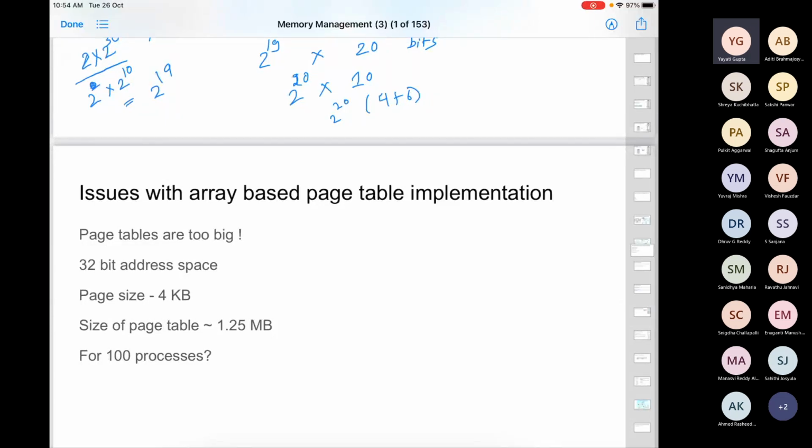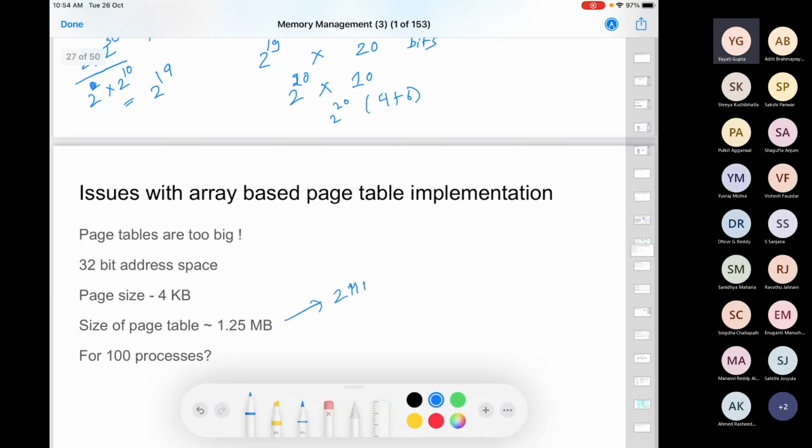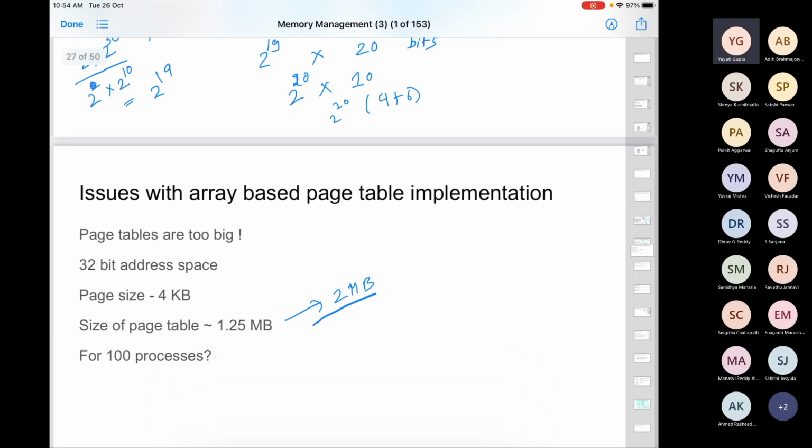So this means that in our system, to just have this bookkeeping of how to convert your virtual address into a physical address, we need this page table. Size of one page table is coming out to be 1.25 megabytes. And if you have, let's say, bigger processes where a process is 4 gigabytes, this space can well go up to 2 megabytes. So 2 megabytes for one page table per process. You have like 100 processes running in your system. So 100 into 2 megabytes, 200 megabytes just for the page tables. Right? That's a total space overhead.